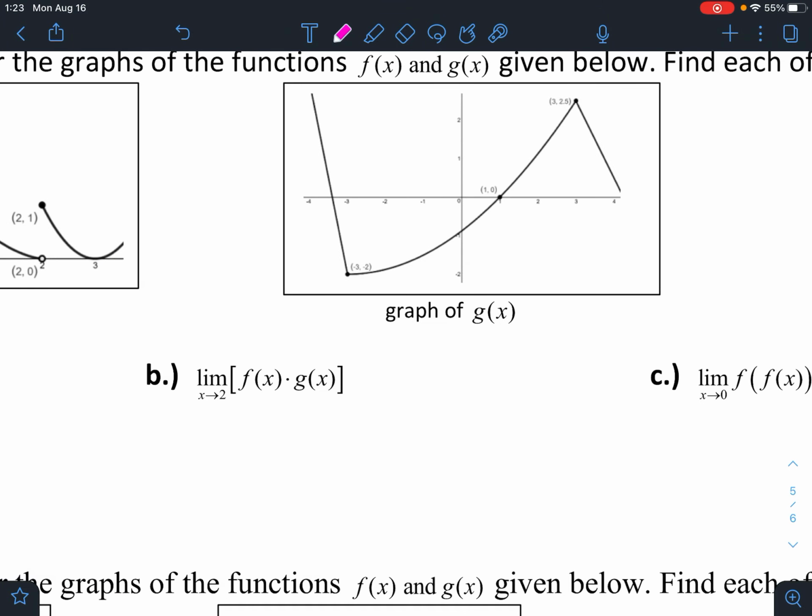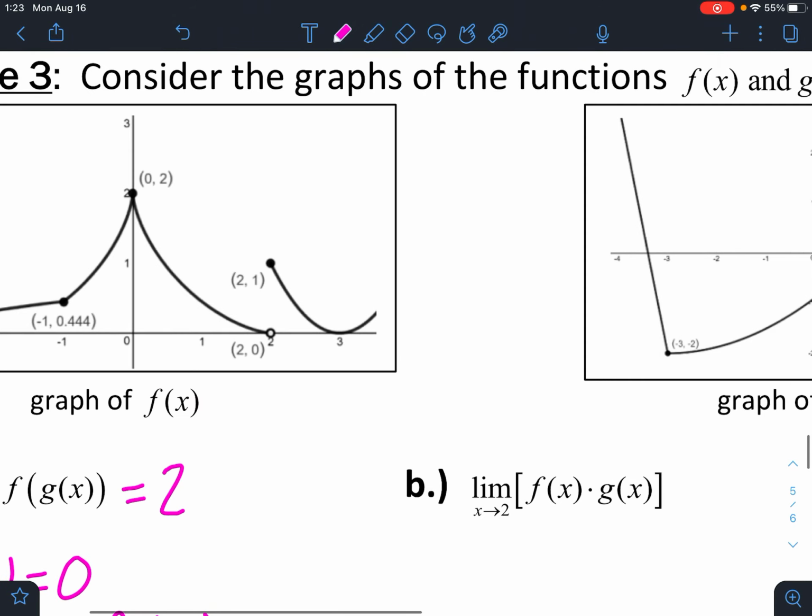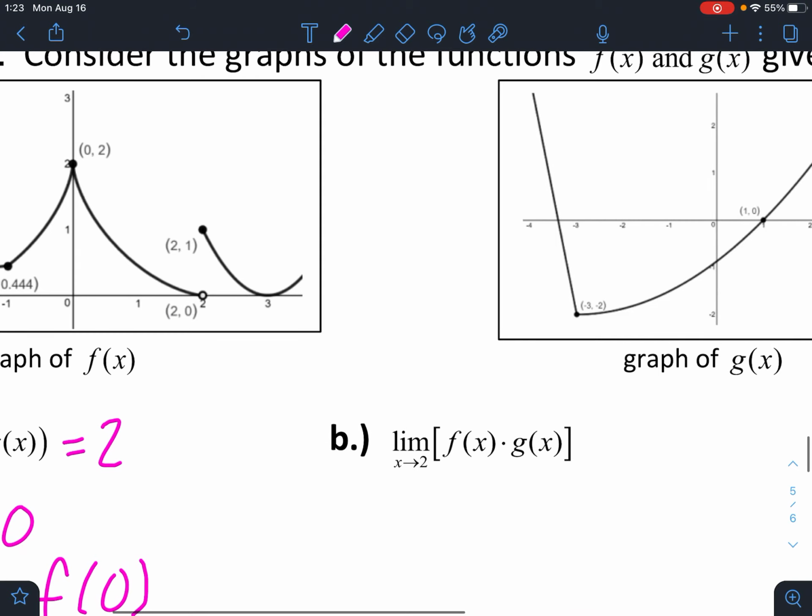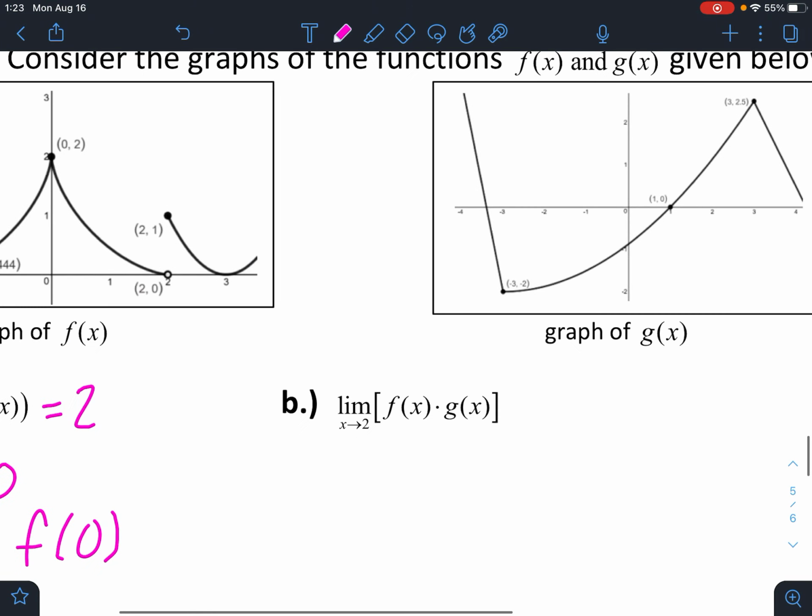All right, the second one, the limit as x approaches 2 of f times g. Well, the limit as x approaches 2 of f doesn't really exist here. So what we're going to do is have to do left limit and right limits and see how that looks. So let's do the limit as x approaches 2 from the left